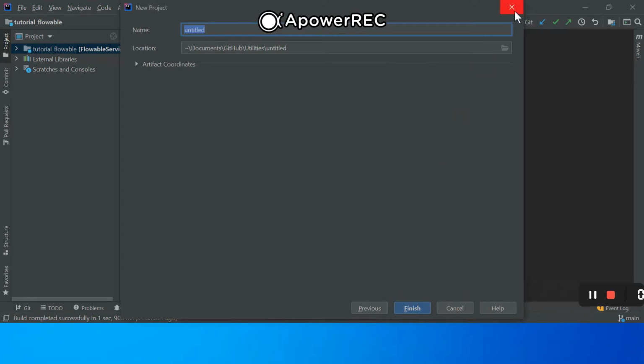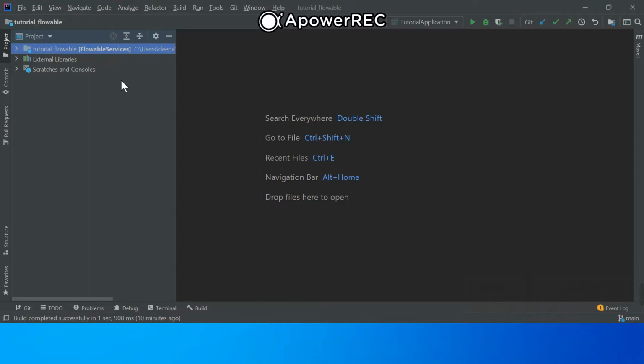Once you have that, we need to understand the important dependencies we need to introduce in the pom.xml to integrate with Flowable. The second thing is the properties we need to configure in the application YAML to integrate with the database, as we are using PostgreSQL. For your benefit, I have already created a very simple application, and I have checked the source code into my Git repo. I will share the link of that code in the description of this video, so at a later point in time you can refer to that code as per your interest.